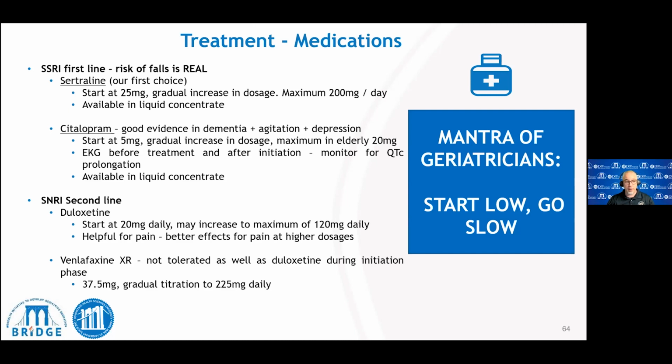If you have failed SSRIs, the next treatment strategy you should use is SNRIs, which includes duloxetine and venlafaxine as first-line treatment. We've taken recently to using a lot of desvenlafaxine as well due to its favorable med-med interaction profile. But if you are stuck on cases and you don't know what to do, one of the benefits of being at Downstate is we're a place rich in geriatric psychiatrists, unlike many other places in the